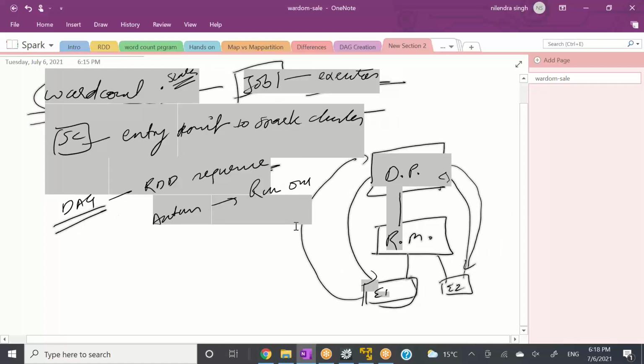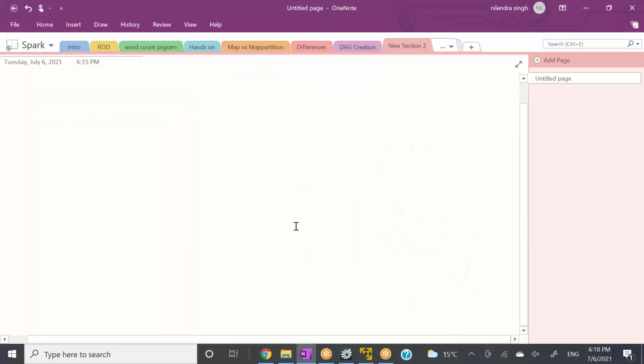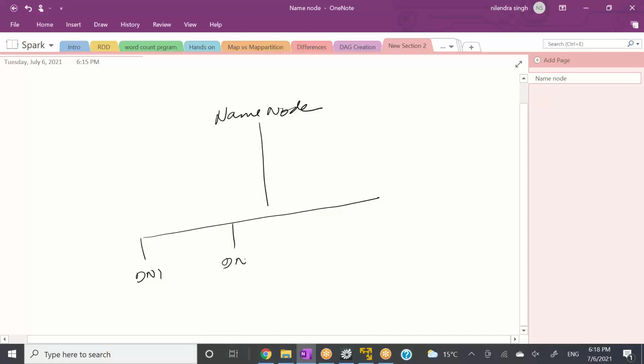We all know one thing, that Spark is a unified or generic computation framework which can run on any storage. Let's assume we are running this Spark framework on HDFS. In your HDFS you have your name node, and then you have multiple data nodes, dn1, dn2, dn3, and then dn4, something like this. And let's say you have one file called